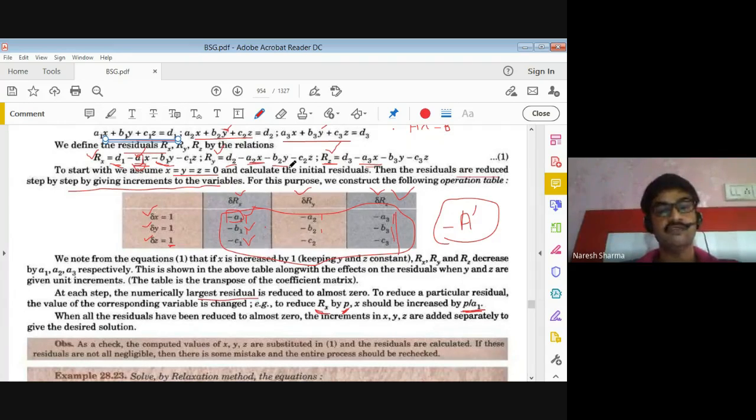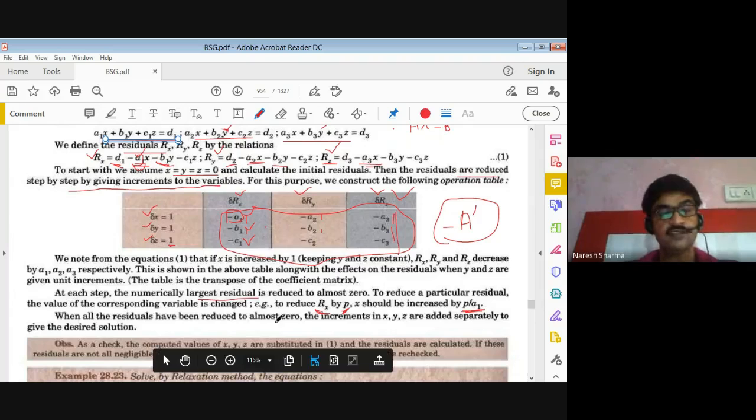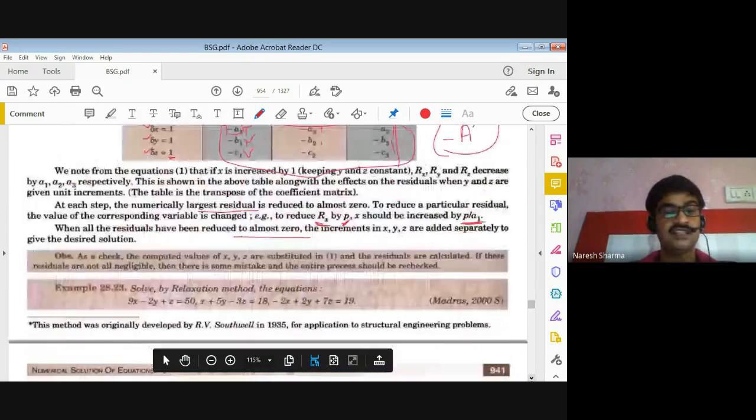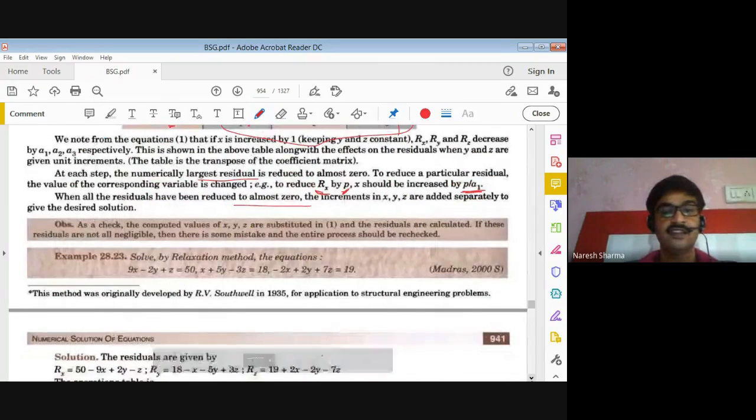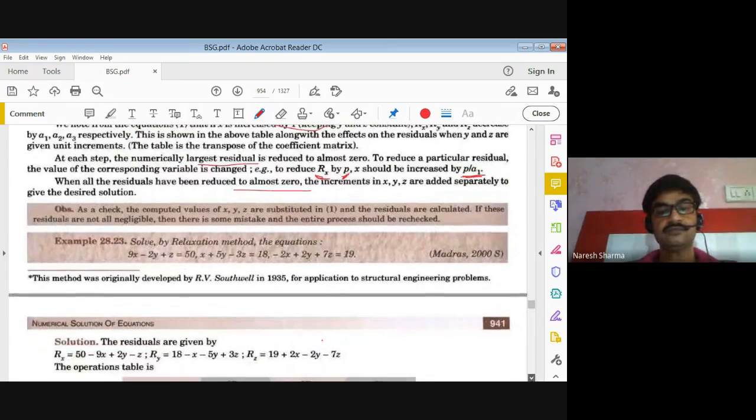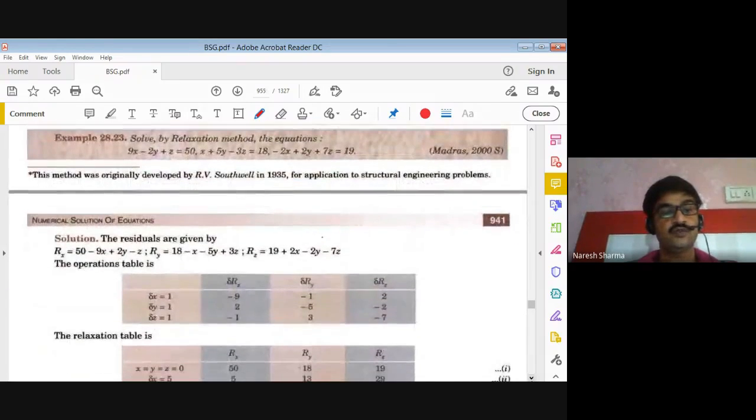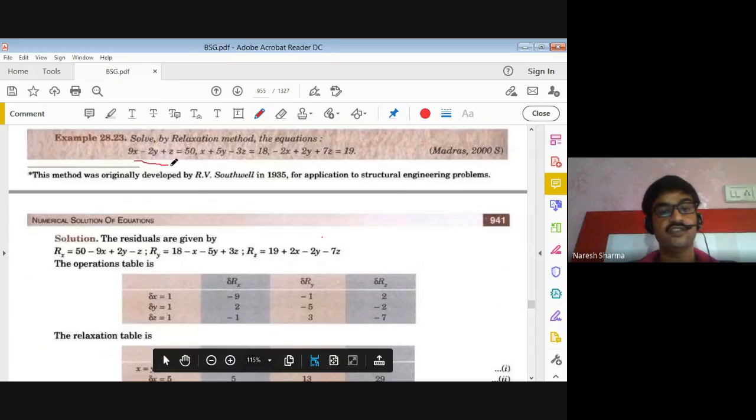Same formula we apply on this. This can give you a better understanding in your example, so we can go for the example first. Similarly, in this way you could decrease Rx, Ry, Rz up to 0. So you can understand this in a better way in the example. Suppose this is your example of a system of equations.